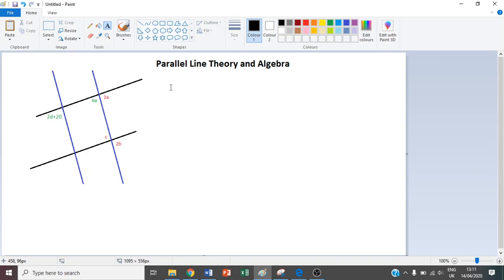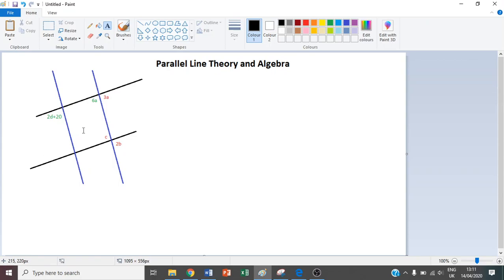Okay, let's just go over this example together so you can see how complicated these parallel line theory questions can actually get when they start to involve algebra. But to keep this a little bit simpler for you, I've used different colors to show that the blue line here is parallel to that blue line there, and this black line here is parallel to this black line down here. I also use different colors when I label the angles to show you I already know my parallel line